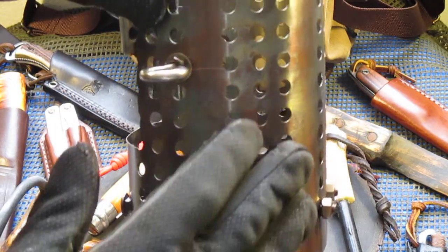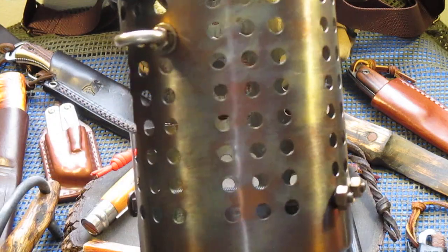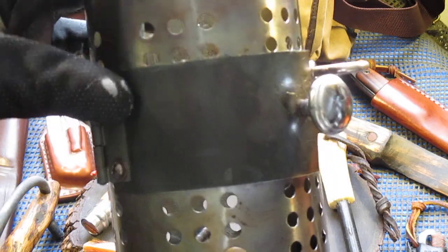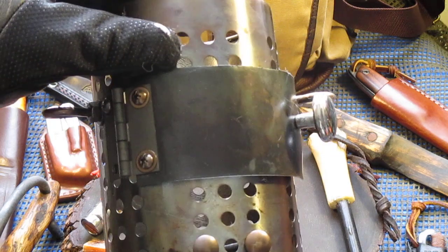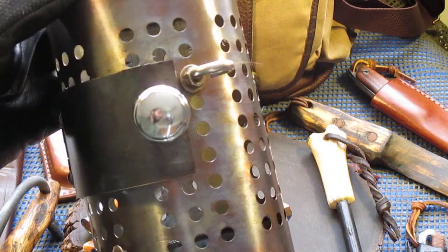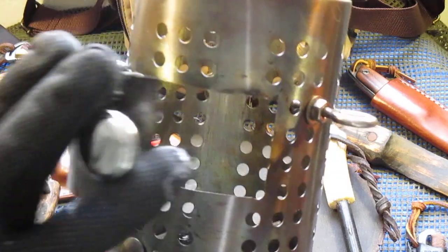You can see it already has developed a nice patina all over it. It's almost like a purplish brown hue, and that's just from many uses. I have tested this thoroughly, and it is excellent. It exceeded my expectation of the capabilities of this stove. I think the door mod that I did on it helps a lot too, because